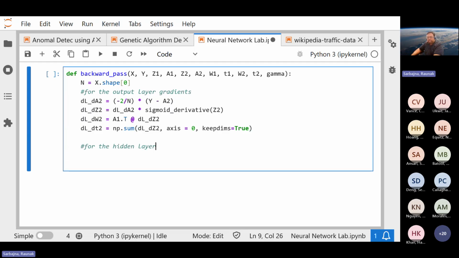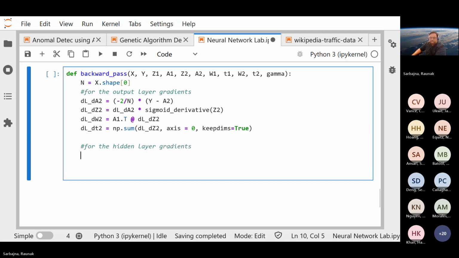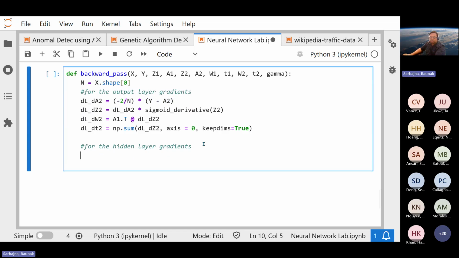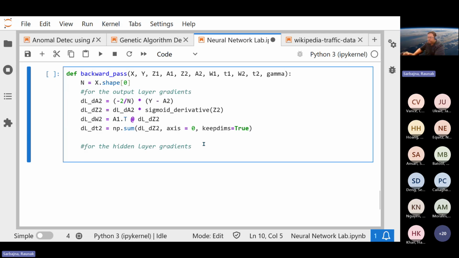One slight advantage for the hidden layer gradients is that we don't have to deal with mean square error. So we don't have to do this weird differentiation again. All we need to do is, and this is very simple, right? We are coming to the A1s, so it's going to be DL underscore DA1, and that is